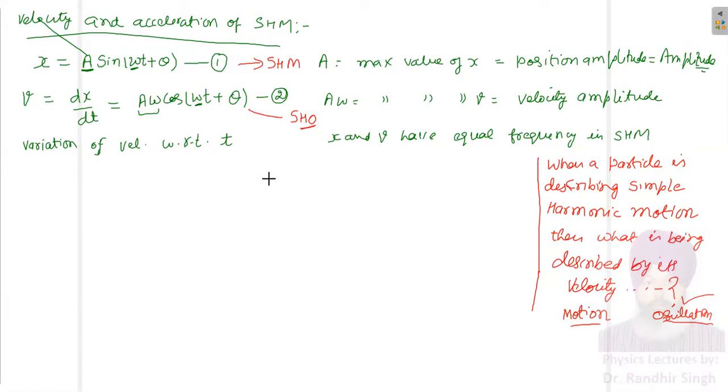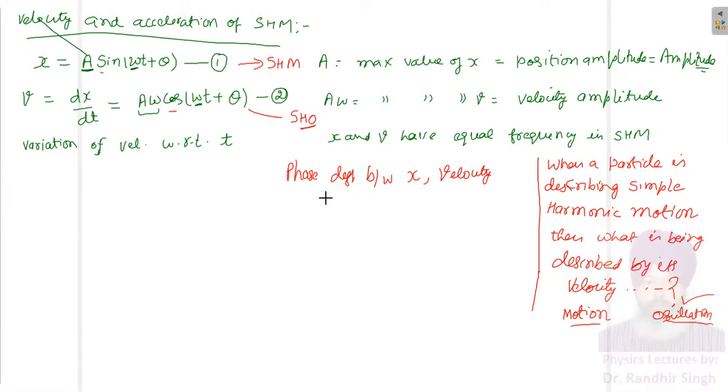Velocity values are positive, negative and zero, and these repeat again and again after a certain interval of time. And please see what is the phase difference between position and velocity. Please tell me what is this phase difference. If you see here, it is sine, and here it is cos. What should be the phase difference?